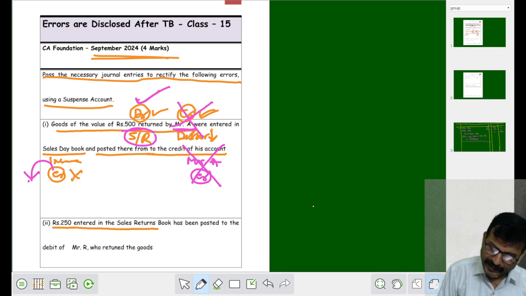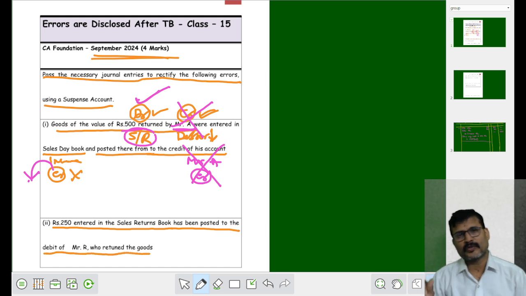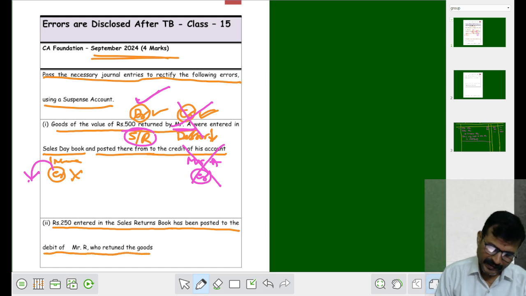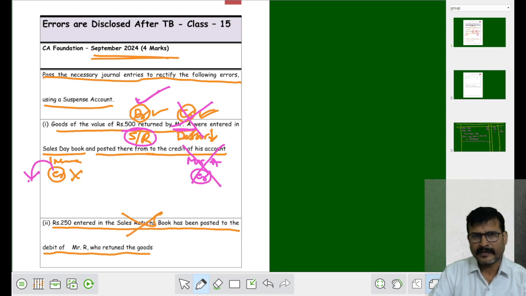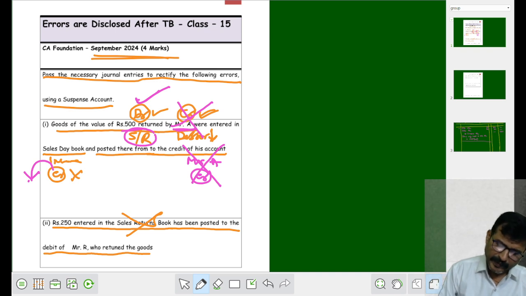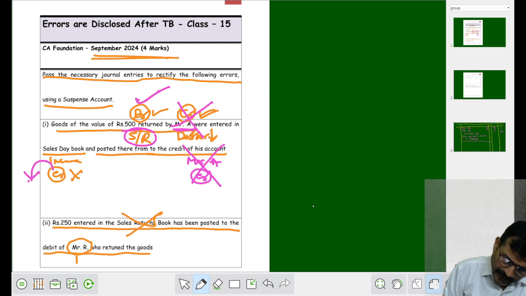250 entered in the sales returns book has been posted to the debit of Mr. R who returned the goods. See, 250 entered in the sales returns book. So the sales returns book is to be ignored because it is entered correctly in the sales returns book. Sales returns is made by whom? Made by the debtor. When the debtor returned the goods,